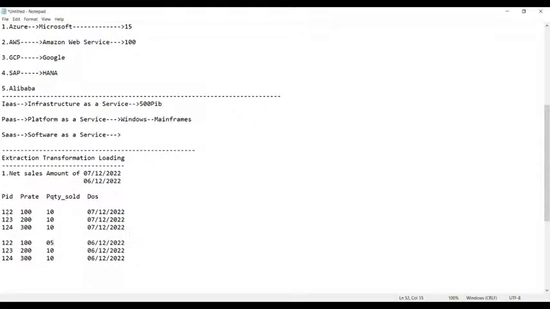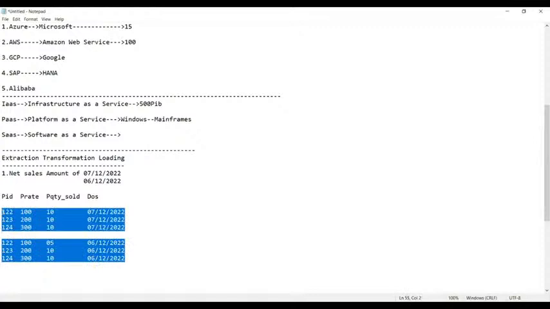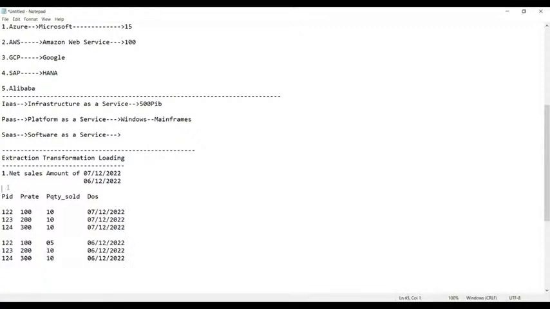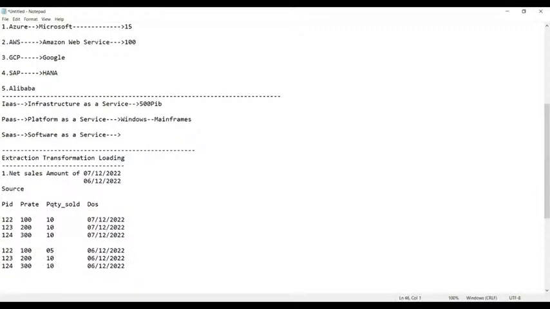This is the data, and we can consider this as a source. Am I right, everyone? For the process of ETL, that is extraction, transformation, and loading, we require two things. Can you tell me, guys, what are the two things we require?